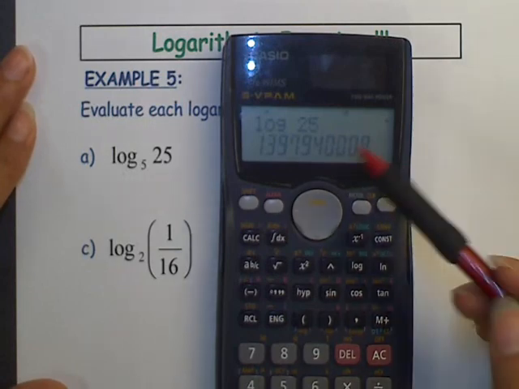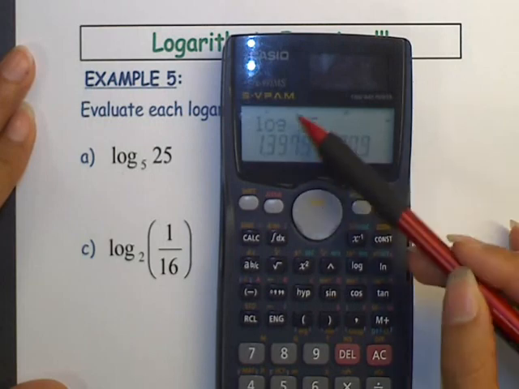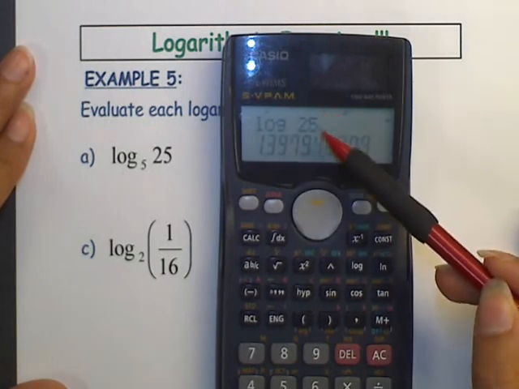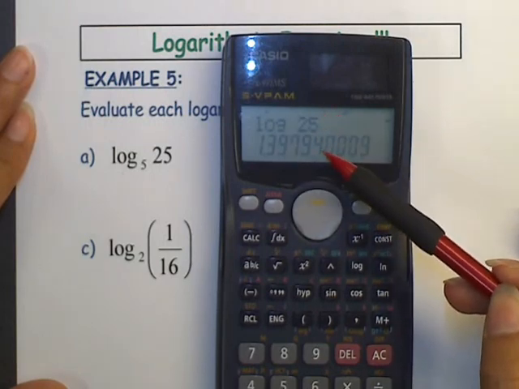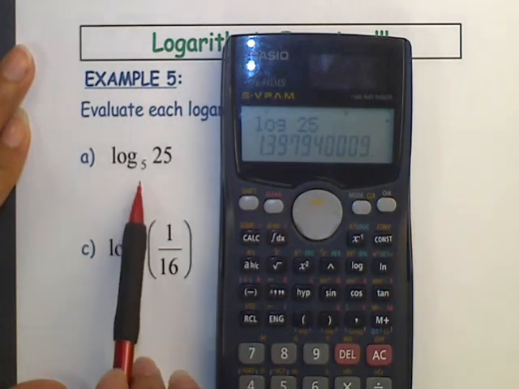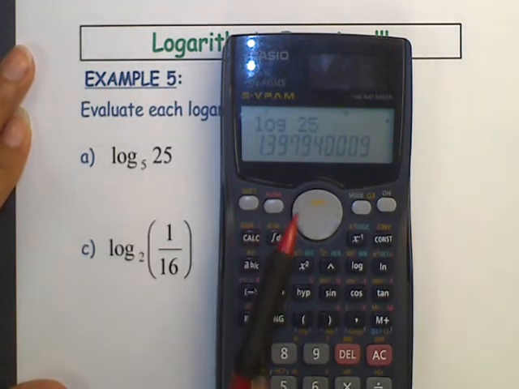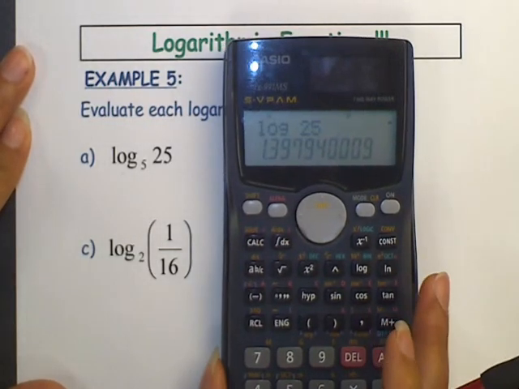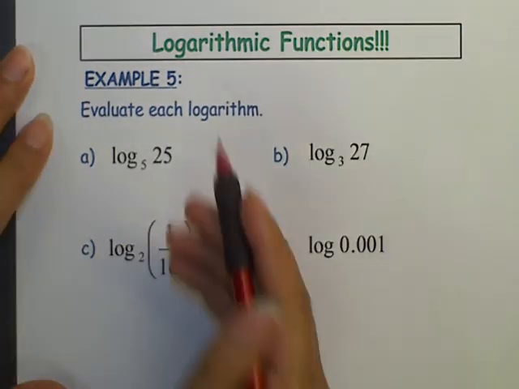Now what this actually means is, to get an answer of 25, I would need to apply this exponent, the answer that I have here on the calculator, on a base of 10. I don't have a base of 10 in this case. I actually have a base of 5. So I can't evaluate this question on the calculator. Instead, what I can do is write it as a special case, where I